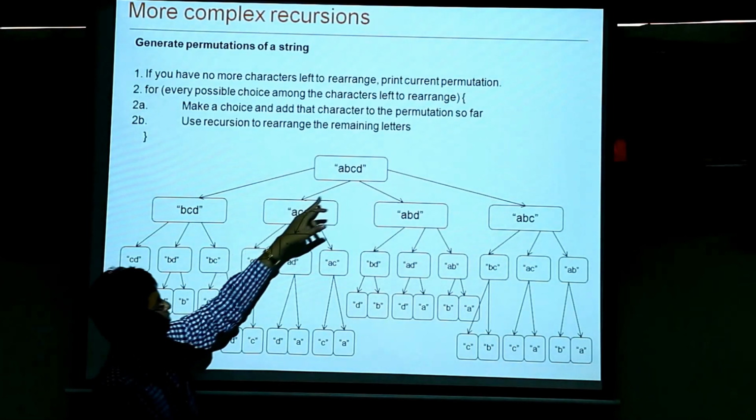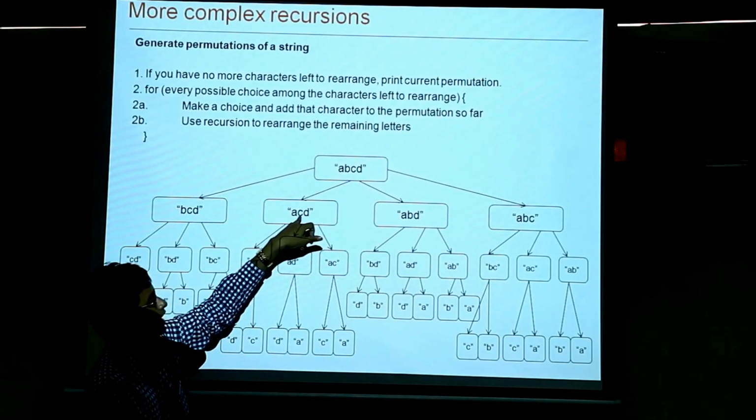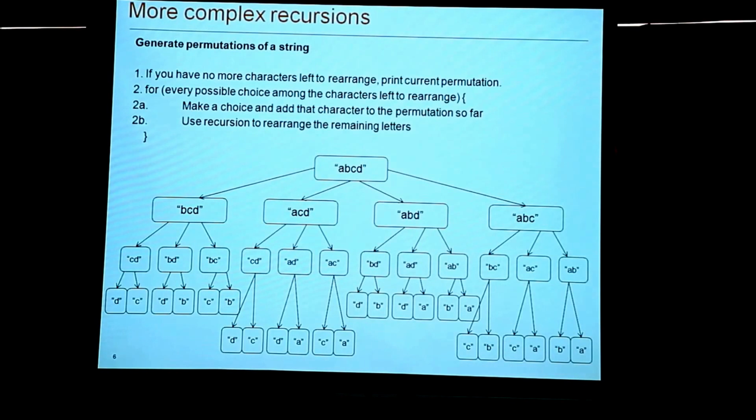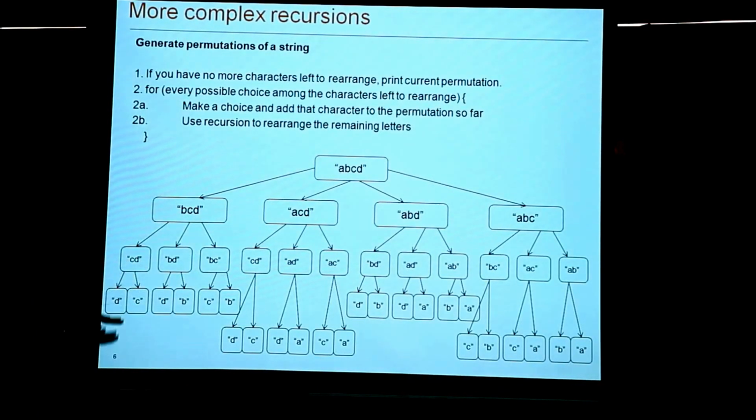So similarly, the other possible choice is you take the first character as B, so the rest of the string is ACD, and you will do a permutation on ACD. Right? So that's the recursion here. And then at the next level, you go down. You will take the first character here as B maybe, and do the permutation on the rest of the string, which is CD, and so on. So this will continue till you have no element left, no characters left, and that will give you all possible permutations.